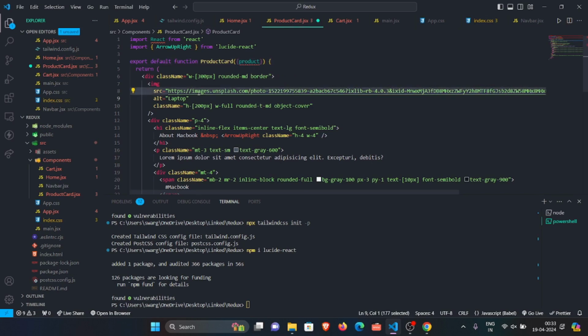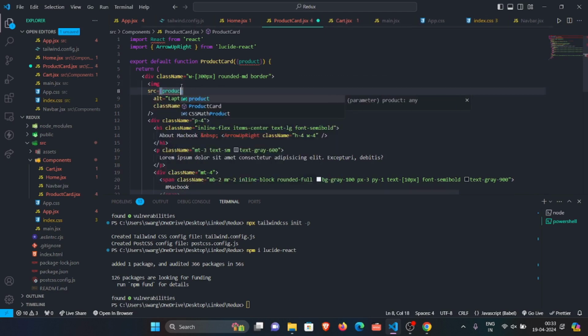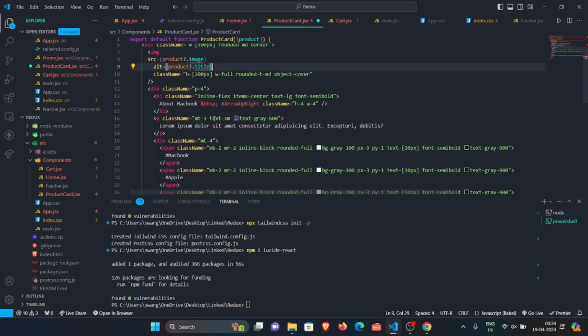And let's remove this image. We are going to provide a product image, right? So product, optional chaining, image, and instead of alt, we are going to provide a product, optional chaining, title, right? Here it is written as about MacBook. We don't need this arrow up thing. We are going to be providing a product.title here, product.title,